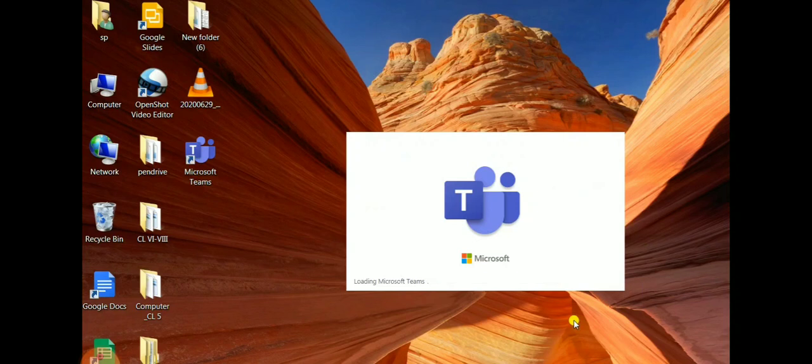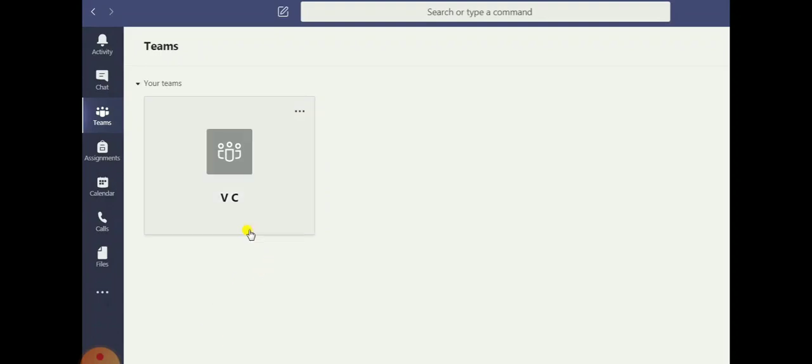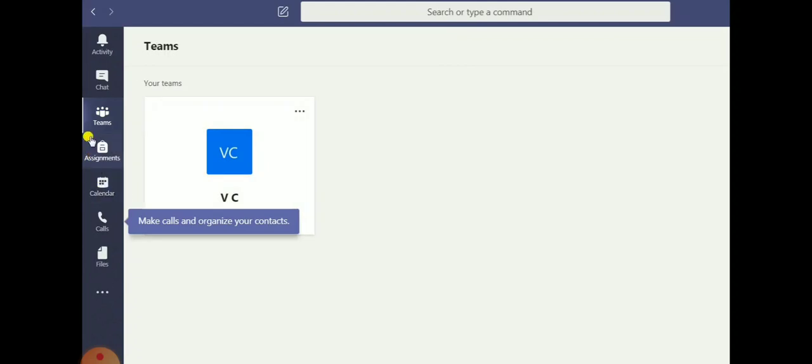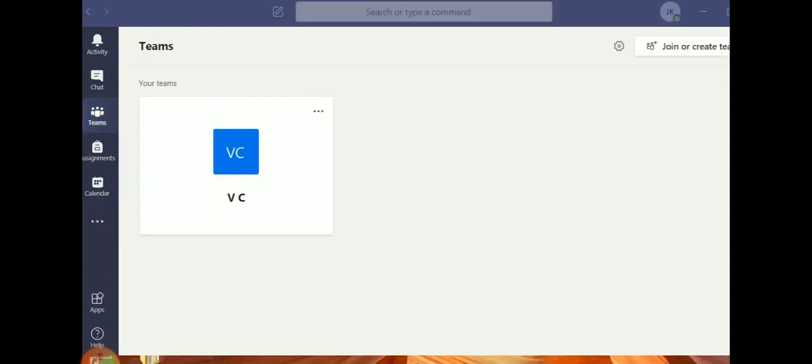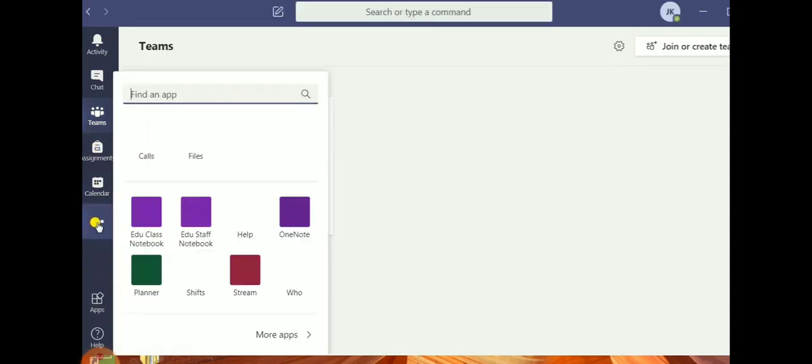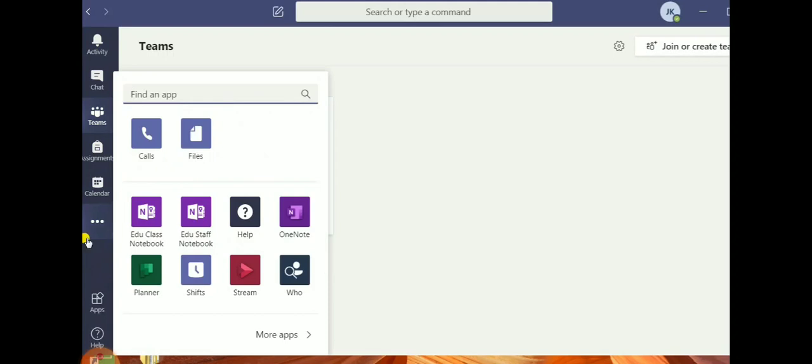Now you have entered the interface. Now see your screen, how your app looks. Teams is opening. It may take some time depending on your network speed. Once it is open, you will see all the features. The ID I have used is of a student of class 5C, and all the options are available on your left hand side on your desktop. If you are using it on a mobile phone, you will see all the options at the bottom of your screen. So don't get confused. On both devices, you will find the options.